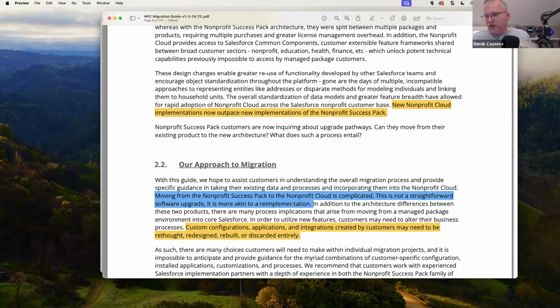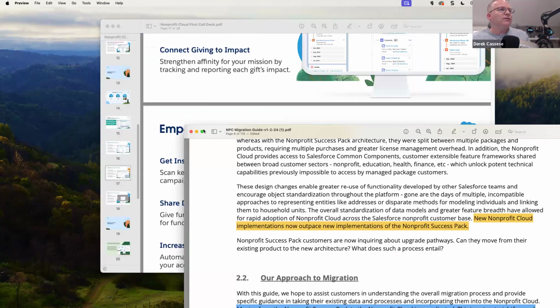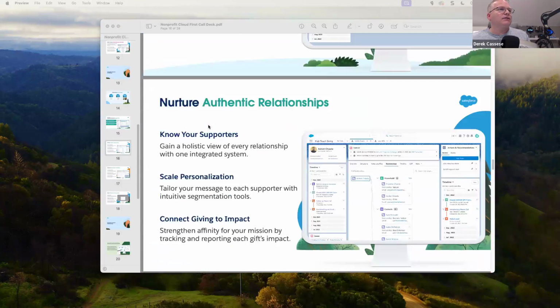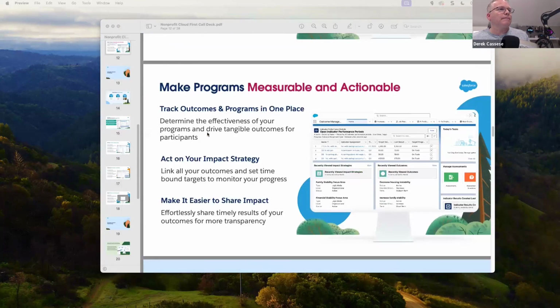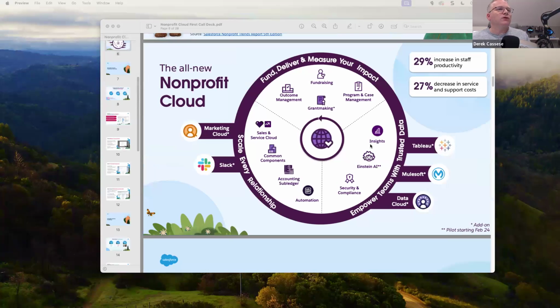I have access to new pieces, right? And so new pieces are, if we come back to this slide here in the beginning, right here. So there are new features like AI,